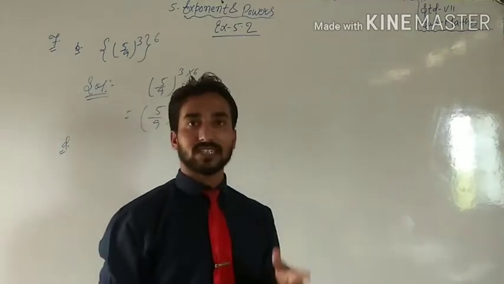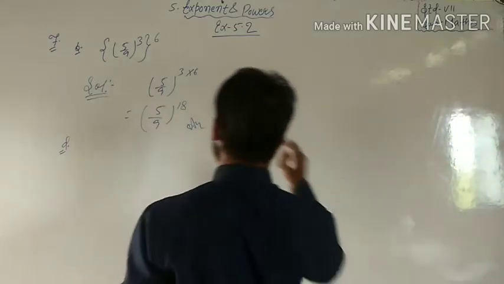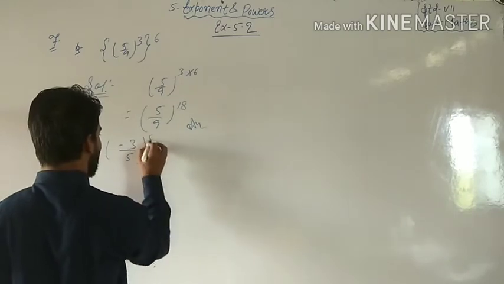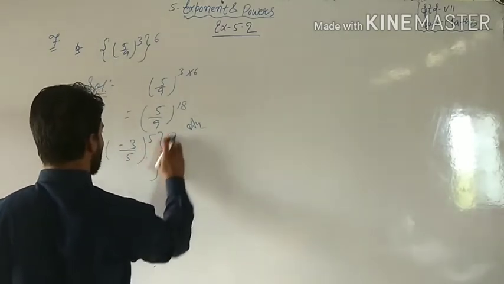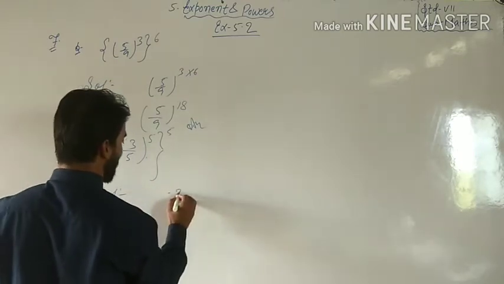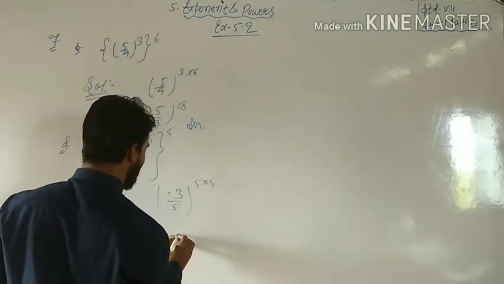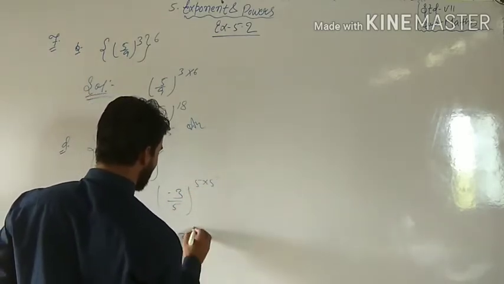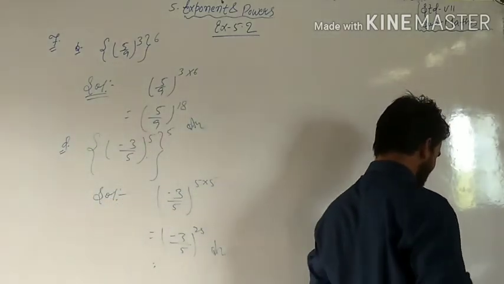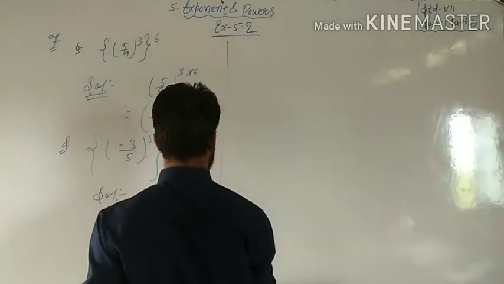So students, now we will do question number 7 D. Question number A and question number C, it's your turn to do. Question number D says: (minus 3 by 5) to the power 5, to the power 5. What will you do, students? Simple. Keep minus 3 by 5 as it is, and multiply the powers. The result will be minus 3 by 5 to the power 25. It is your answer. I think students, we have understood. So let's proceed with question number 8.